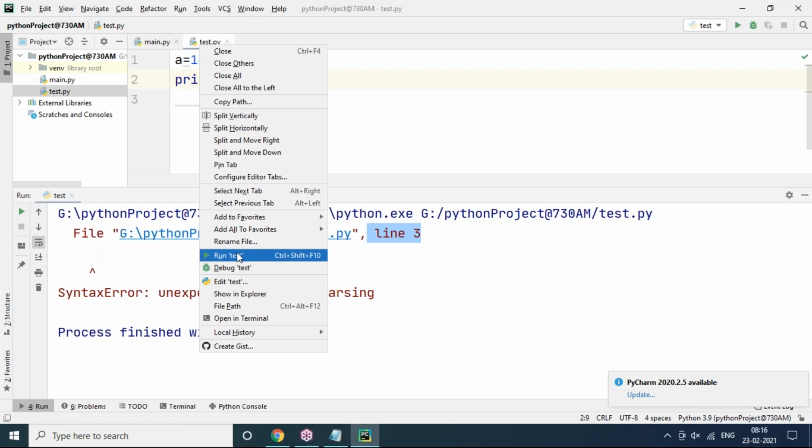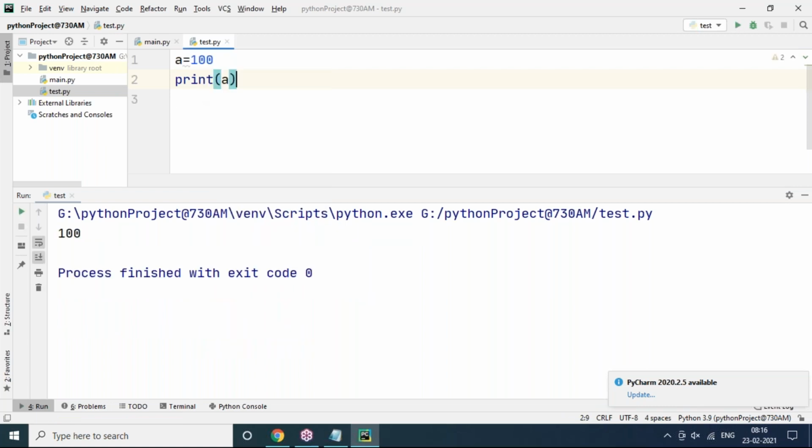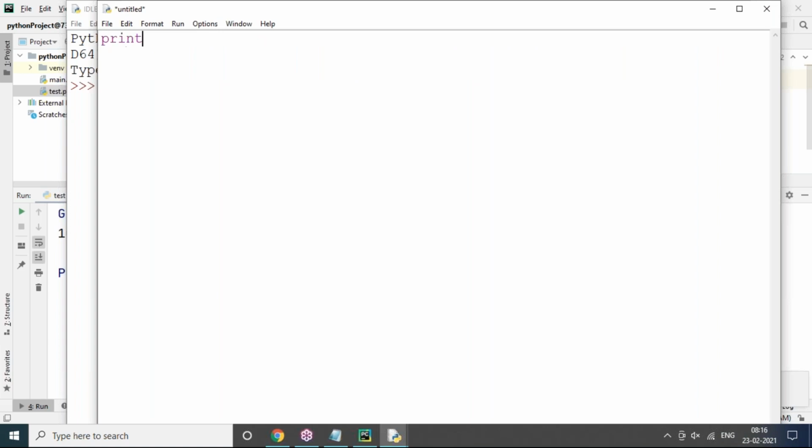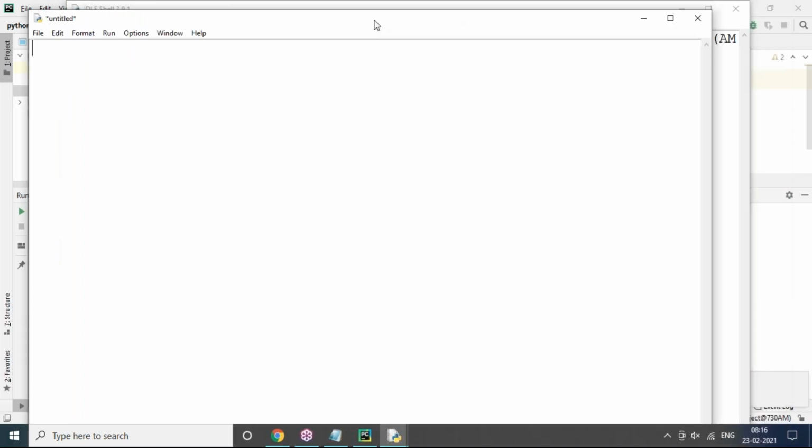And after that, run this one. You got an output clear. But let's go to IDLE and check it. Even when I declare here, even if I'm typing print, is there any IntelliSense coming? No. You have to take care of everything, syntactical mistakes and all. Even if I declare a value 10 and when I try to print a, that a is not coming here. Nowhere is it showing. This is the key difference, the main difference.